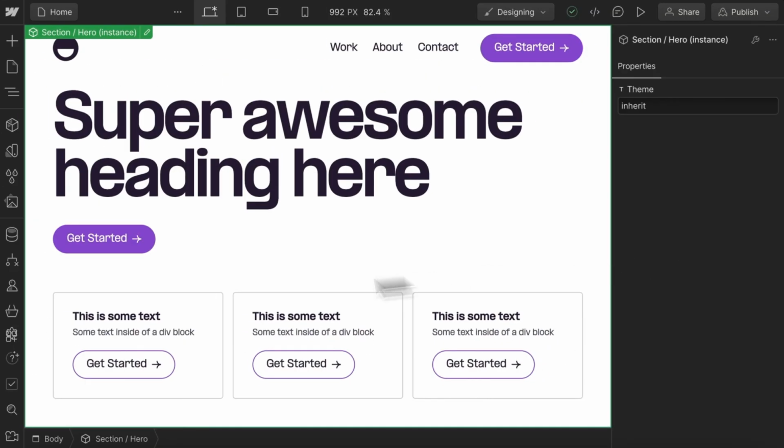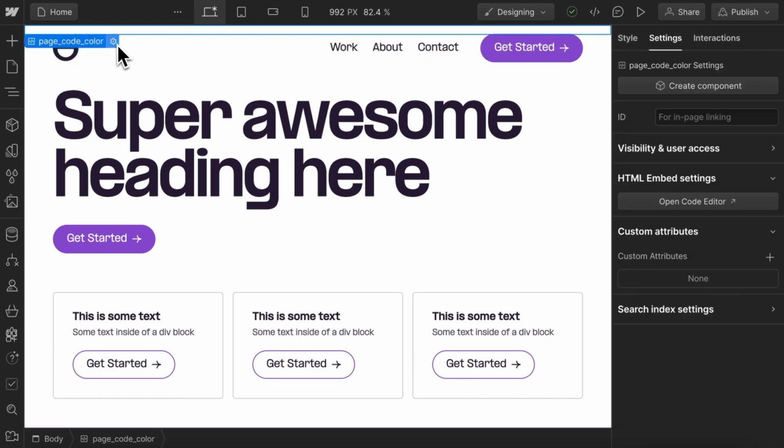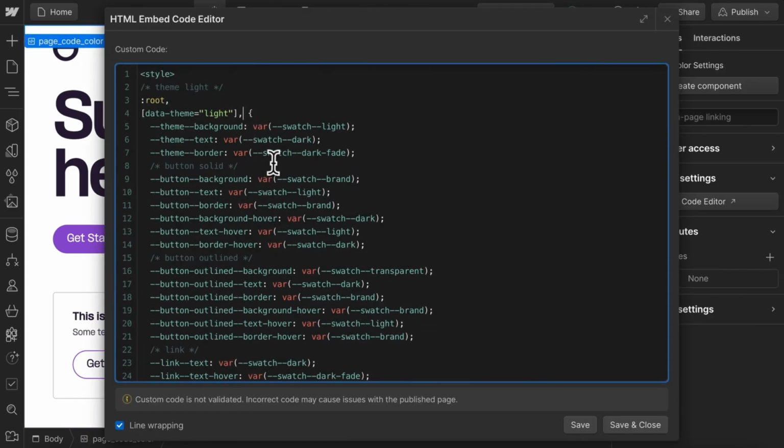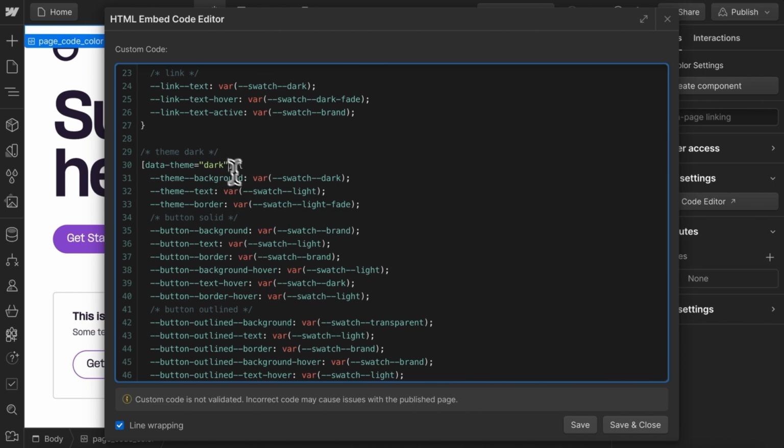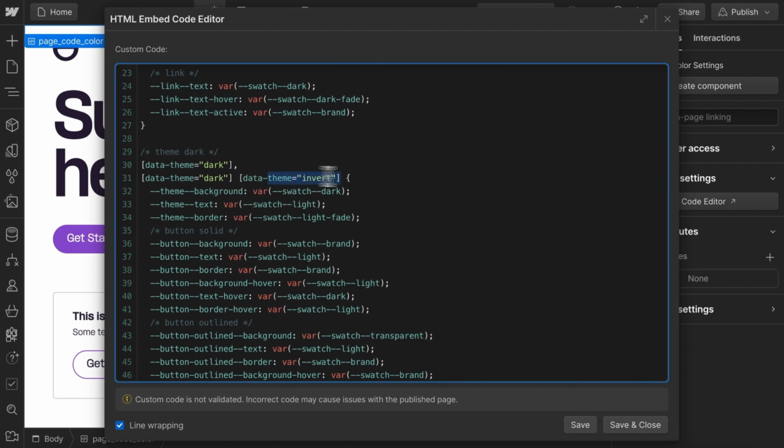Sometimes we'll want an element to automatically invert based on its parent's theme. To do that, we can start with our light styles here. And here we're saying anytime there's an element with a data theme invert that's inside of a dark theme, give the invert element the light styles when it's inside of that dark theme. And we can do the opposite down here. We can say anytime there's an invert element inside of a light theme, then give that invert element all of